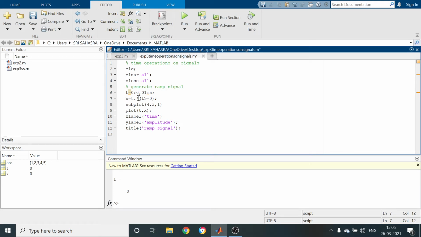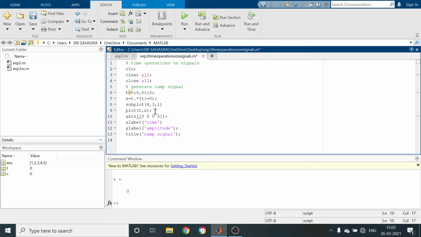So here I want to use an extra command, axis. So axis I want to give 0, 5. I will explain 0, 5.